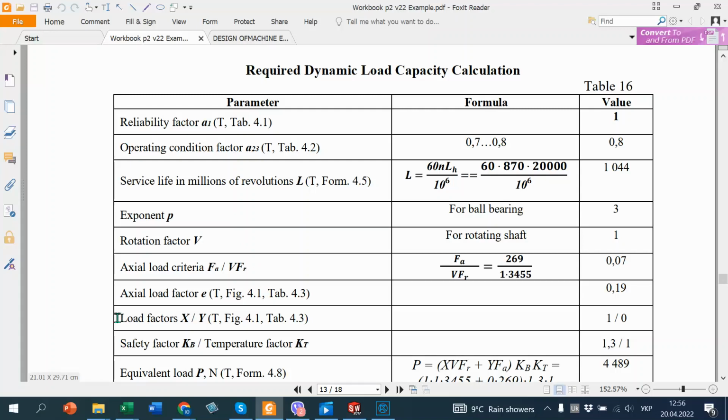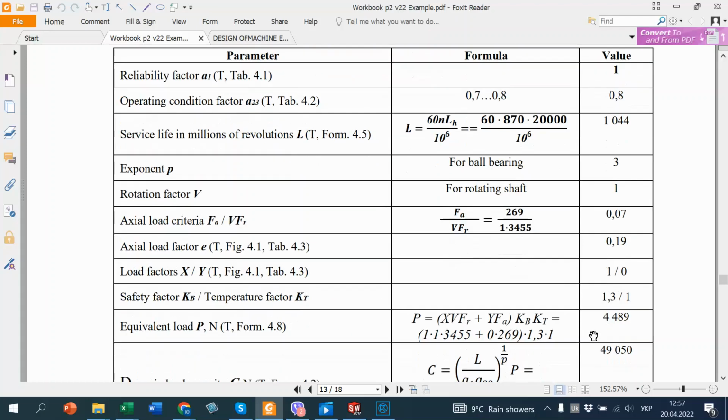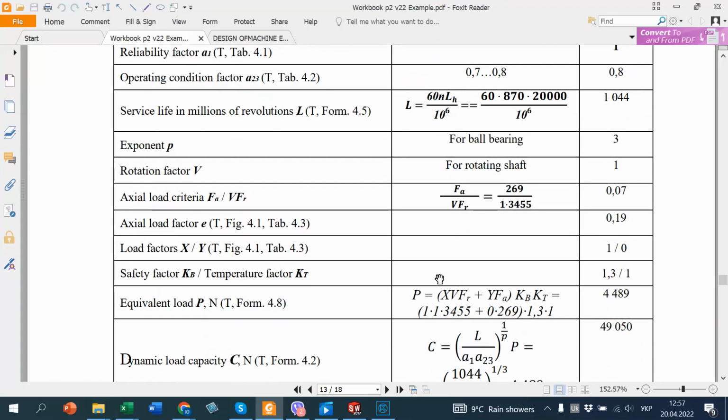That's why it's written here that load factor X and Y are 1 and 0. After that, we can take this parameter and calculate the equivalent load. I remind you that P capital is the equivalent load. In this table, exponent P small. But now we consider P capital. This formula